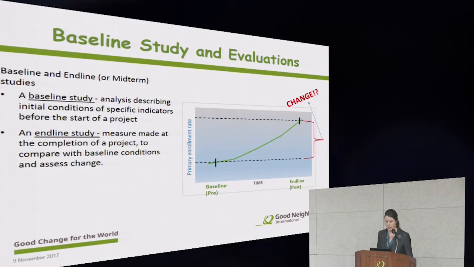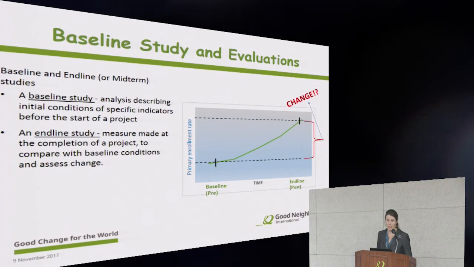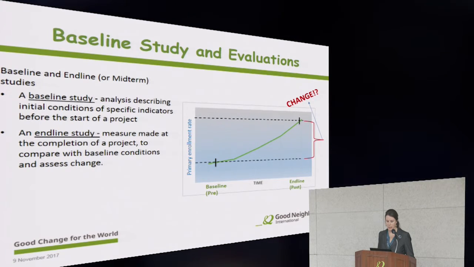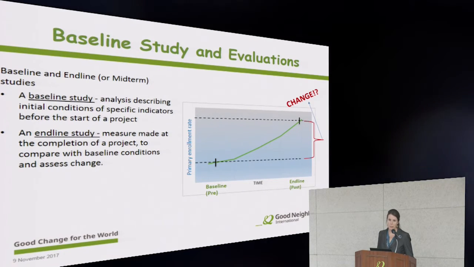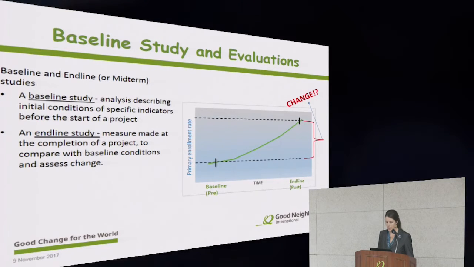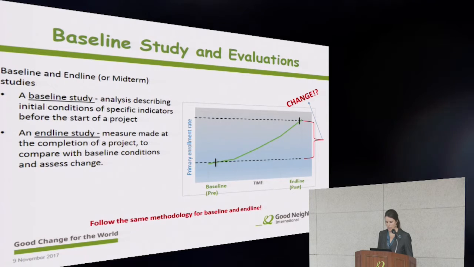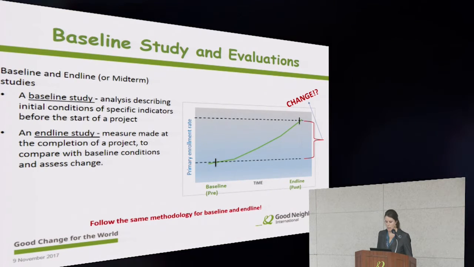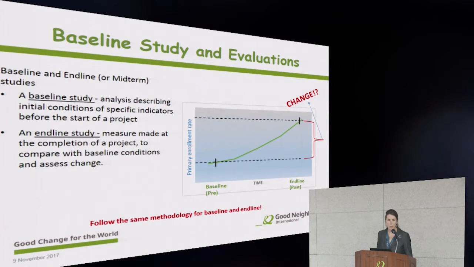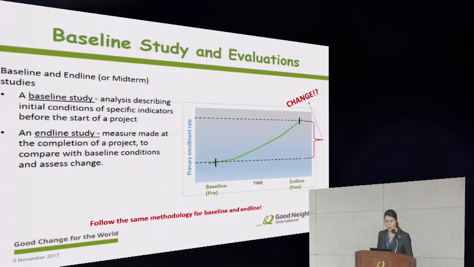Now, when we're conducting the baseline study, we should always keep in the back of our mind the endline study, because they rely on each other for meaning. So without the endline, the baseline is not necessary. Without the baseline, the endline doesn't mean anything. And we need to follow the same methodology at baseline that we do at endline. So this is why the M&E plan is so important. It gives us that place to document and detail the plan for consistent data collection over the span of several